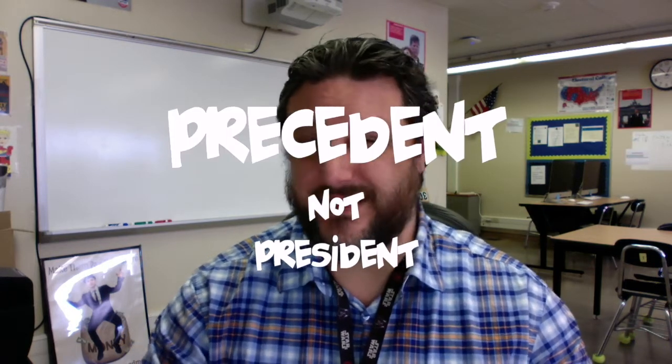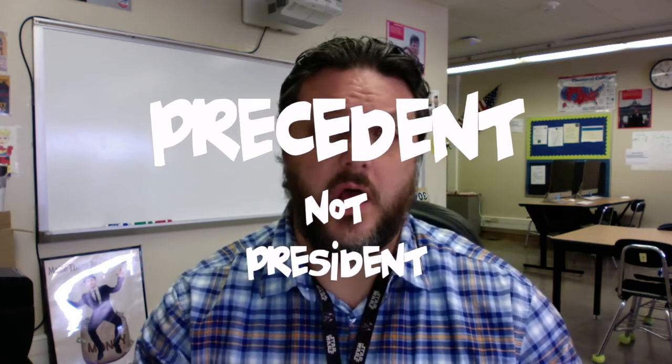The 22nd Amendment deals with the amount of terms that the president can serve and be elected to. So when Washington was president, he served 2 terms, but there was nothing written down that said he could only serve 2 terms. It was just what he chose to do. So Washington set the precedent, not president, precedent of only serving 2 terms, and that carried through all the way